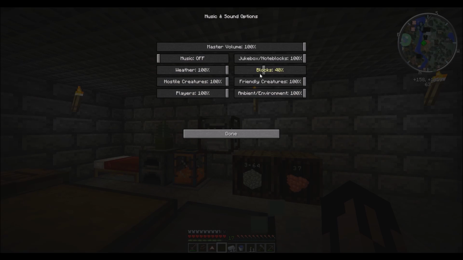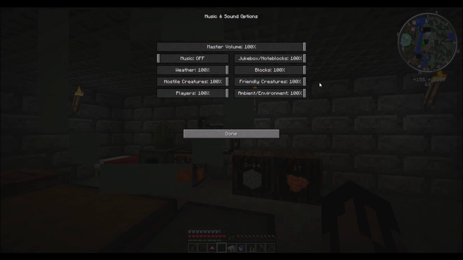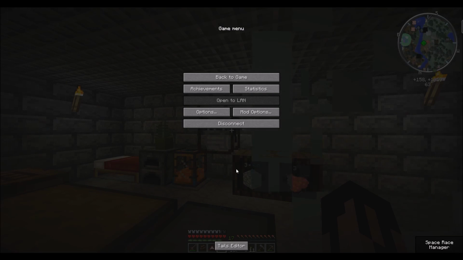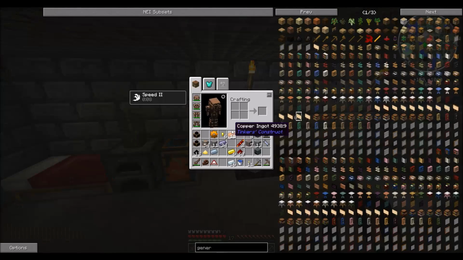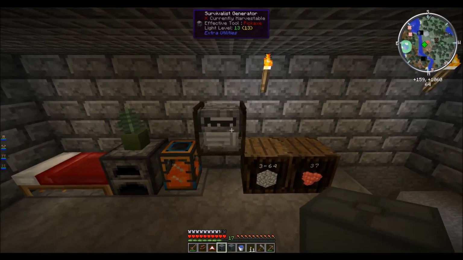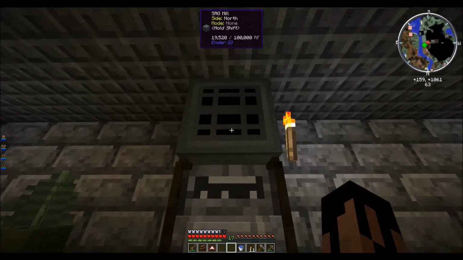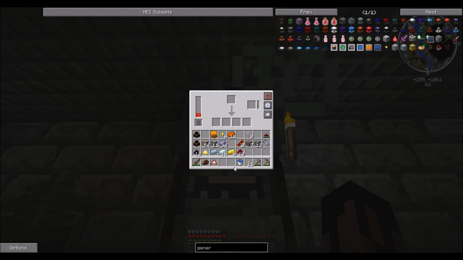Let's, okay. There we go. Okay, so this is going to allow us to power both the sag mill and the alloy smelter. So, the sag mill can take our ore